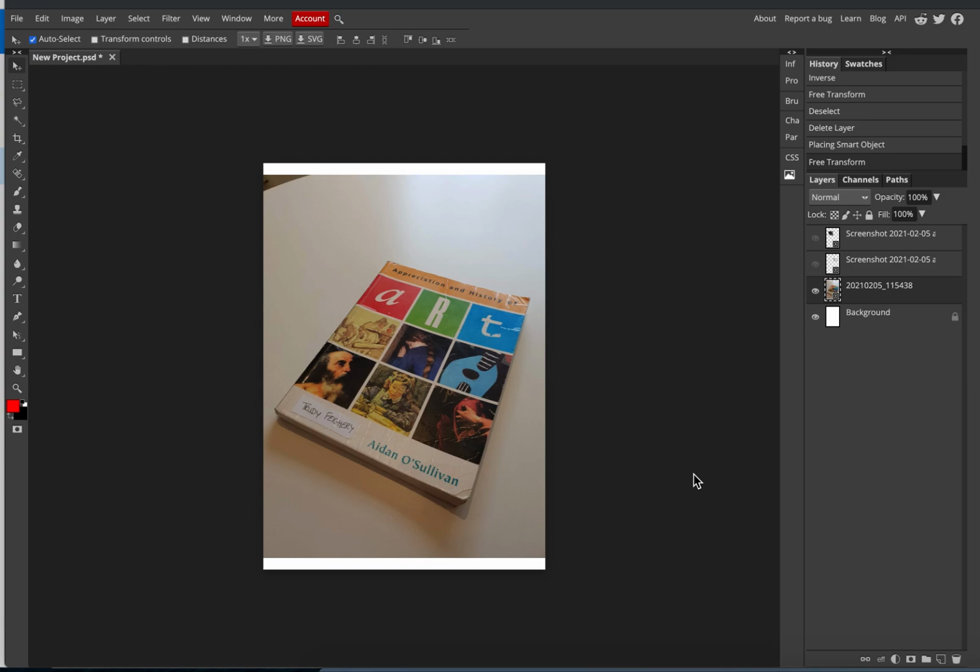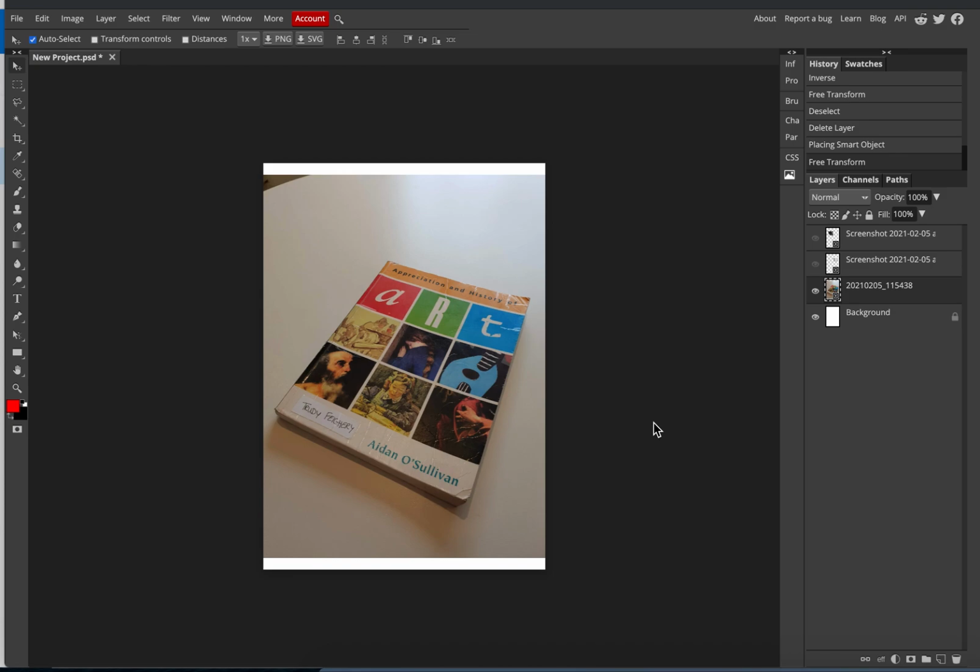A few more really important tools on Photopea. So they are the rulers tool and the guides. I'll show a bit more about the transform tool, and I'll also show how to get a drop shadow on an image. So today the task that I'm going to do is I'm going to take this photo of a